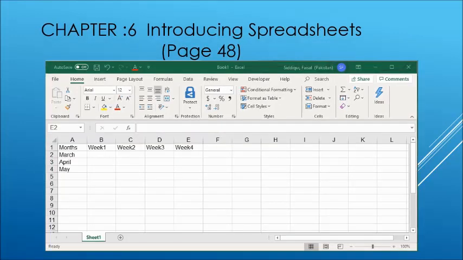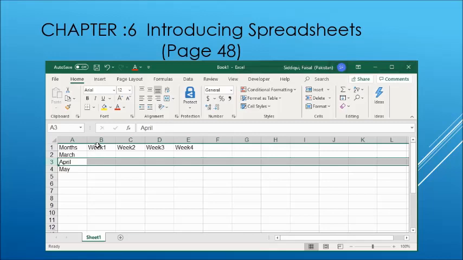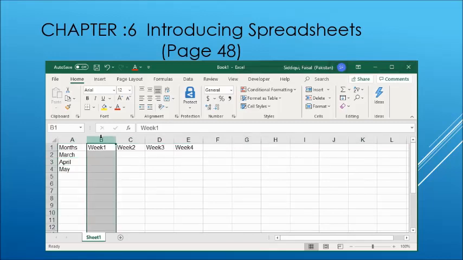Dear students, in our last lecture we saw the first screen that appears in front of us when we open the Microsoft Excel program. We saw the concept of rows and columns, and cells. Every row is led by a row head and every column is led by a column head, which is an alphabet. Now in this lecture we will make another worksheet. How can you find the total number of books sold from March to May? Page number 48. Now we will enter data in this worksheet.